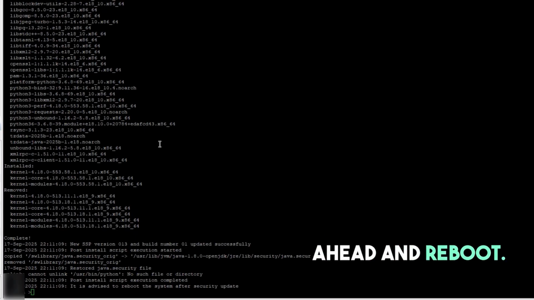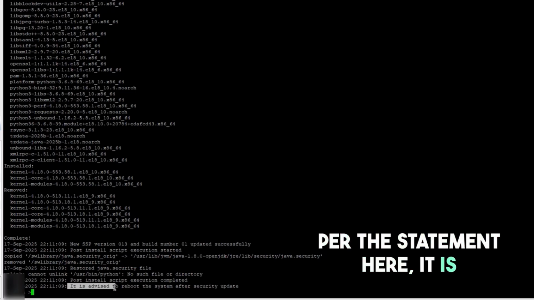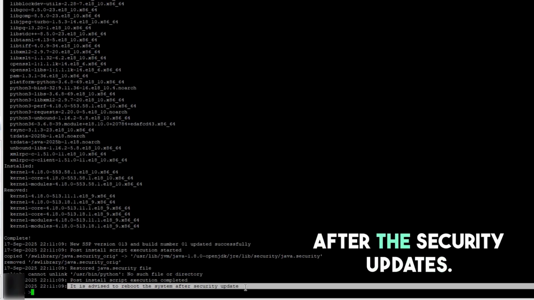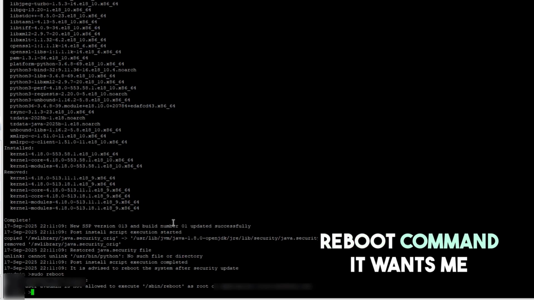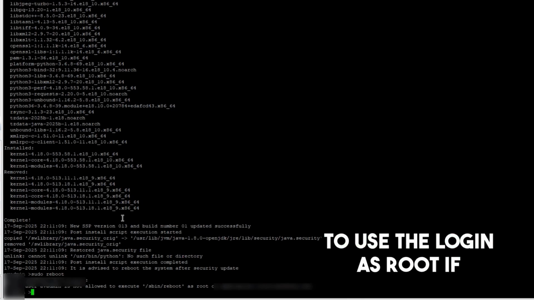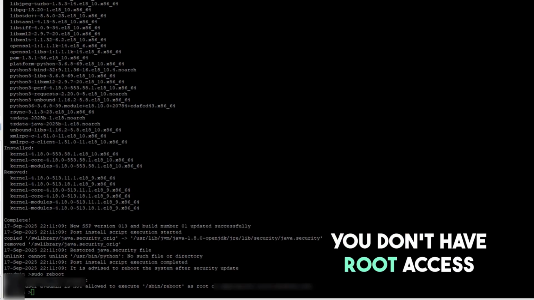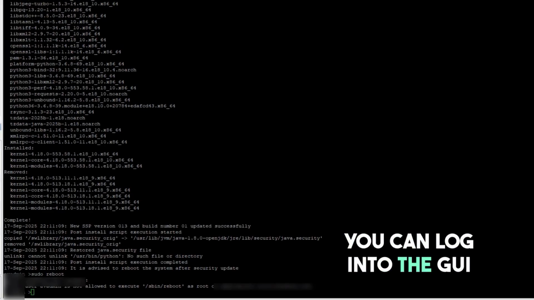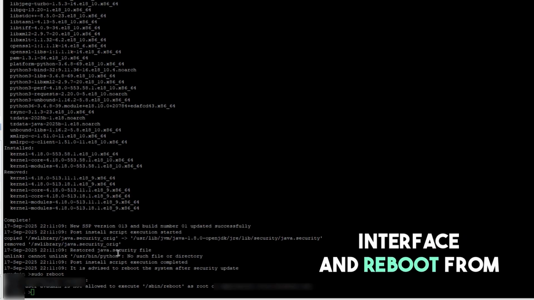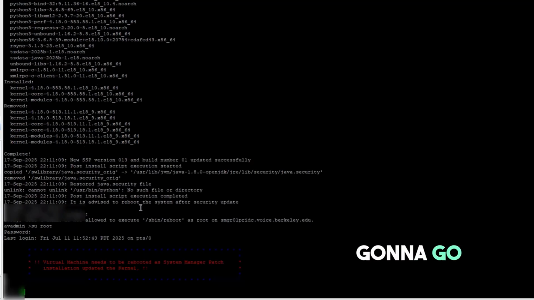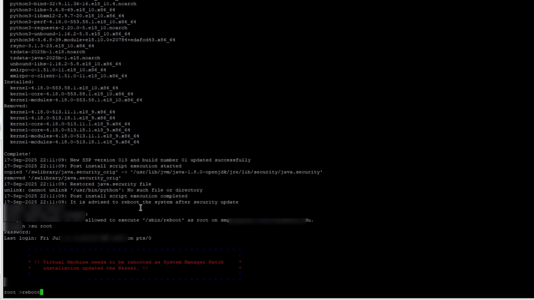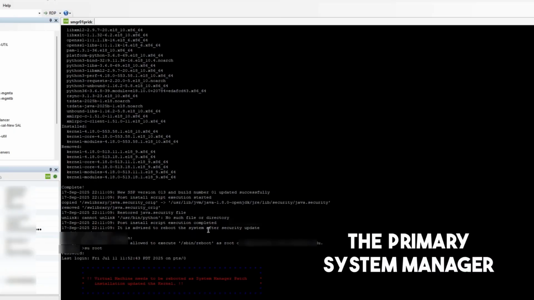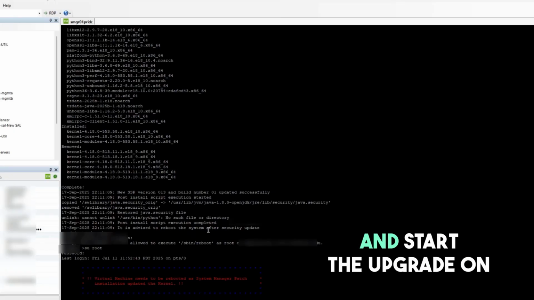So I'm going to go ahead and reboot. Per the statement here, it is advised to reboot the system after the security update. So I'm going to go ahead and do that. In order to execute the reboot command, it wants me to login as root. If you don't have root access, you can log into the GUI interface and reboot from there. Since I have root access, I'm going to the root account and then reboot the system manager. Now that I've done upgrading the primary system manager, I'm going to go ahead and start the upgrade on the